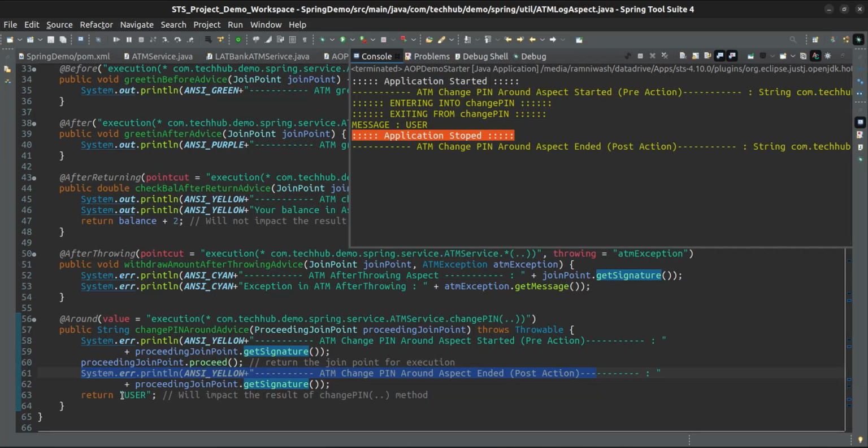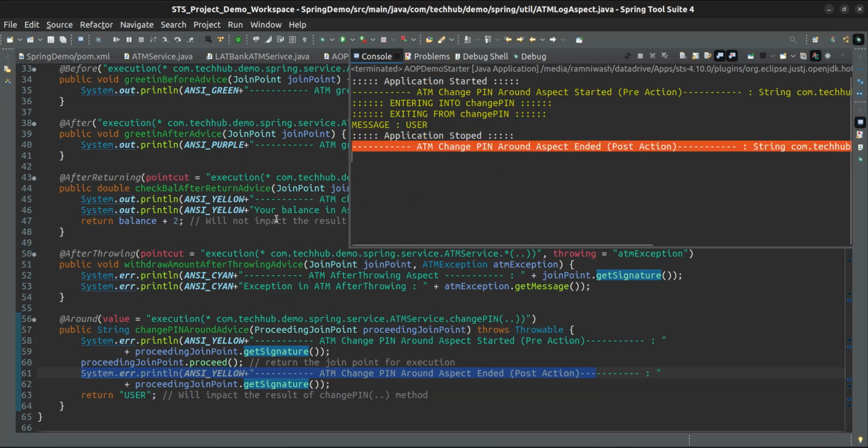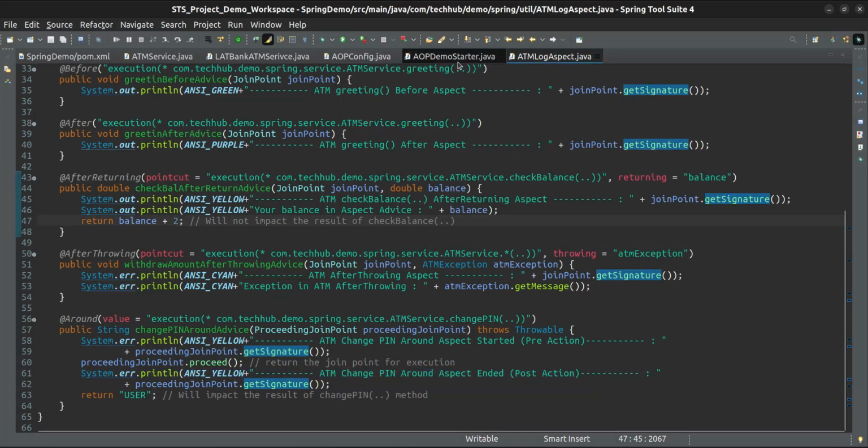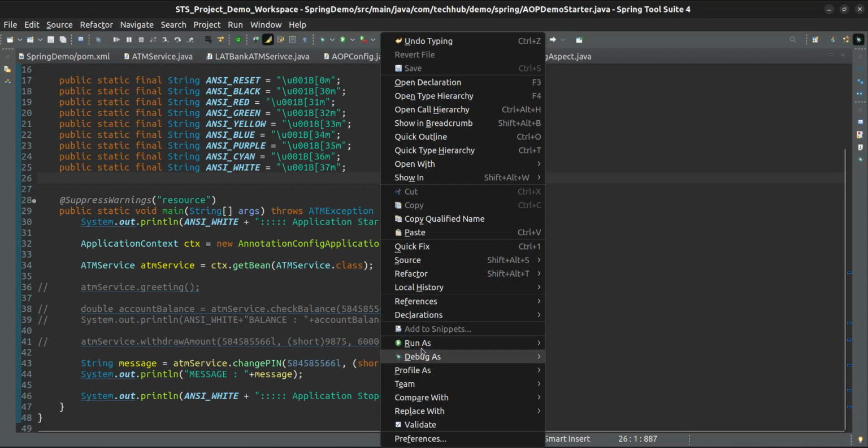It is returning from here, application stopped, and after that it is printing this one. So this is the execution of